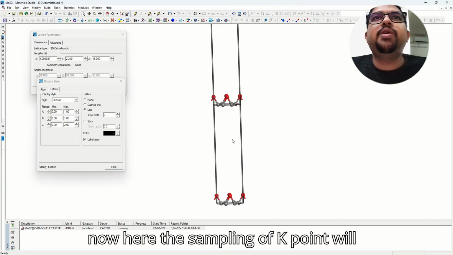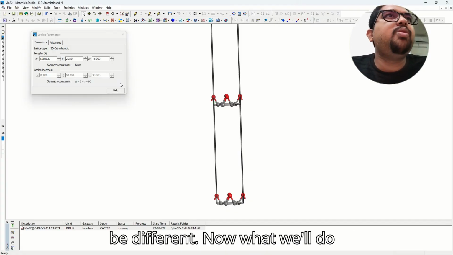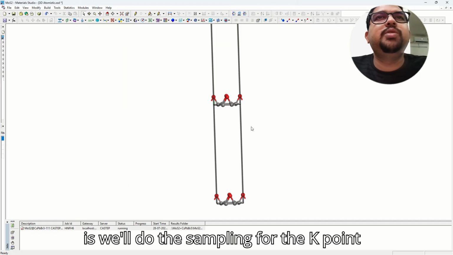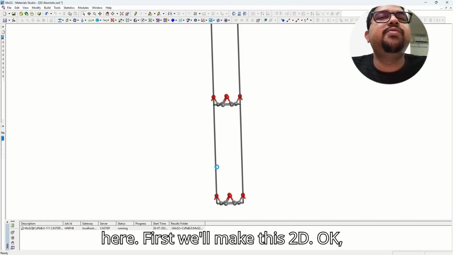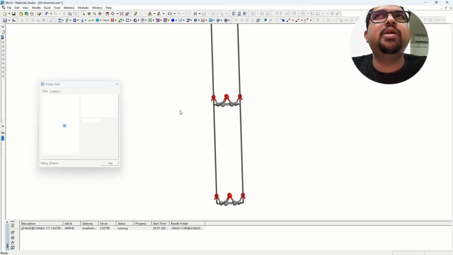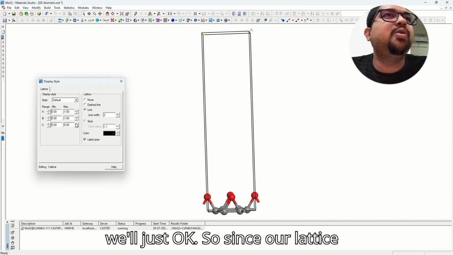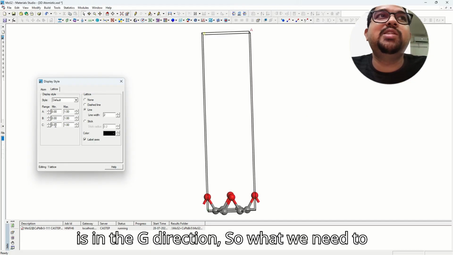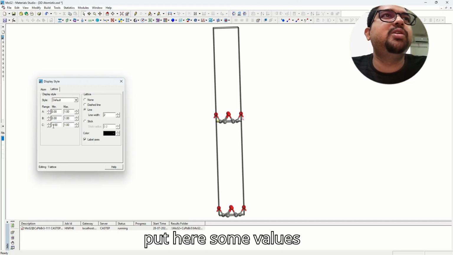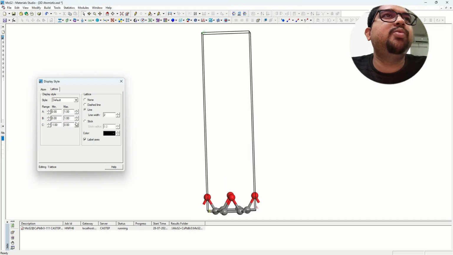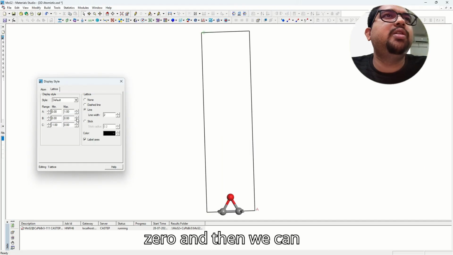Okay, so now the sampling of k points will be different. Now what we'll do is the sampling for the k points here. First we'll make this 2D. How can we visualize this? Since our lattice is in the G direction, we need to put some values here. Put it 0, and then we can